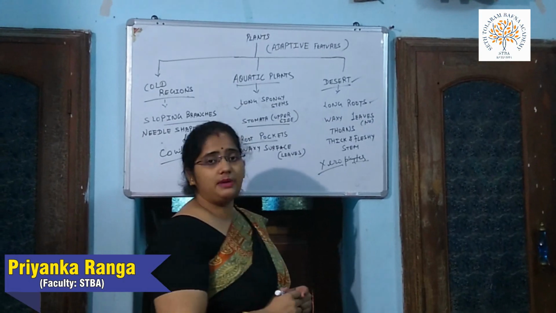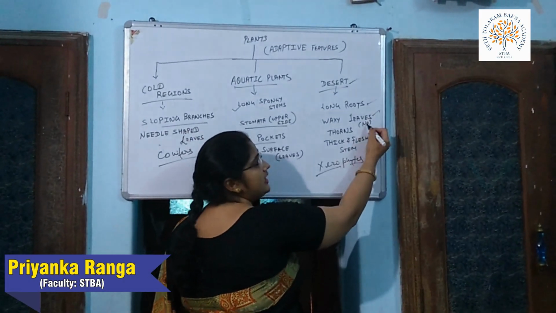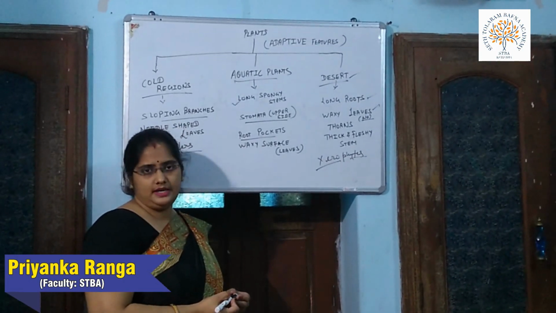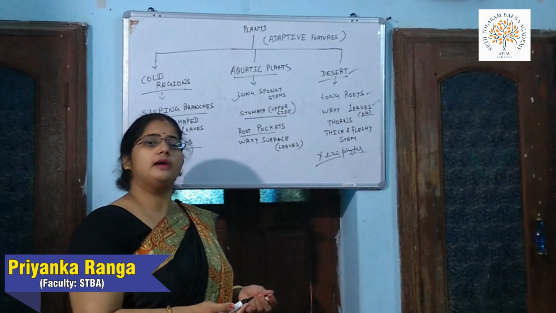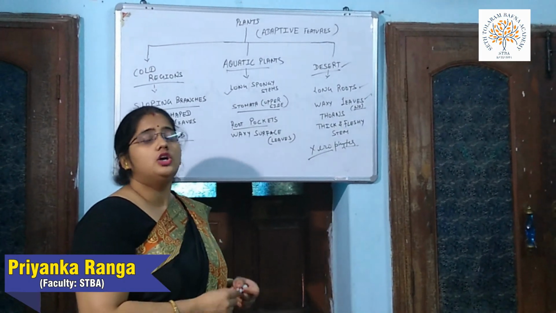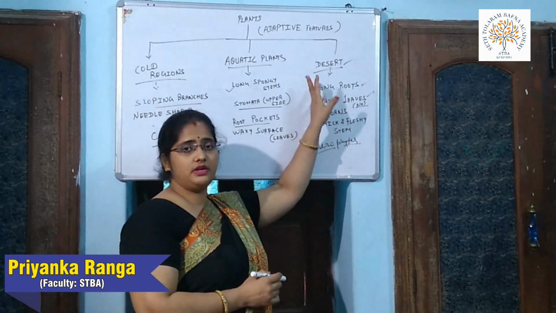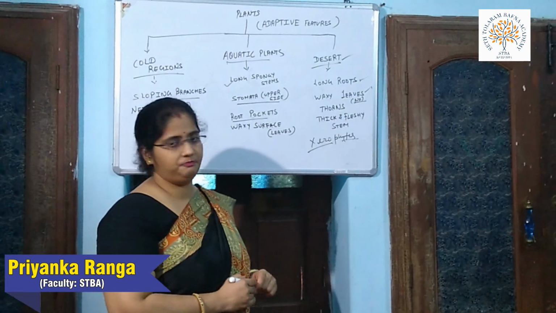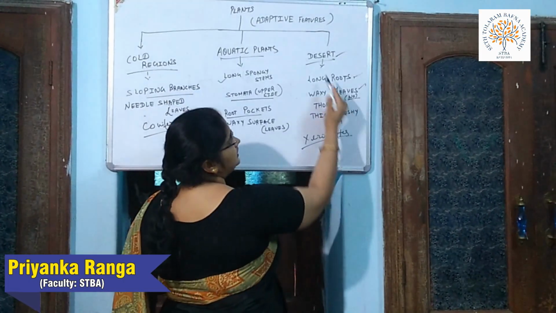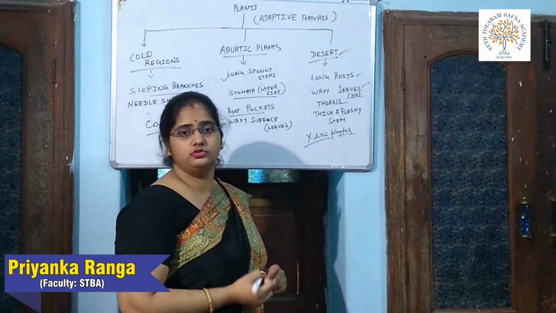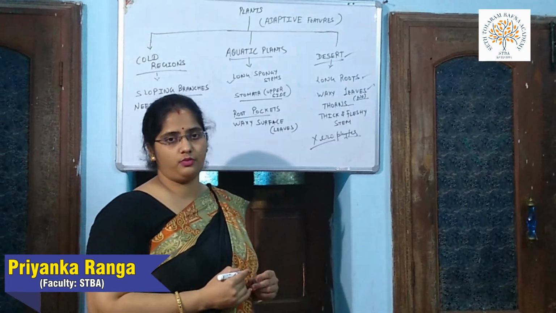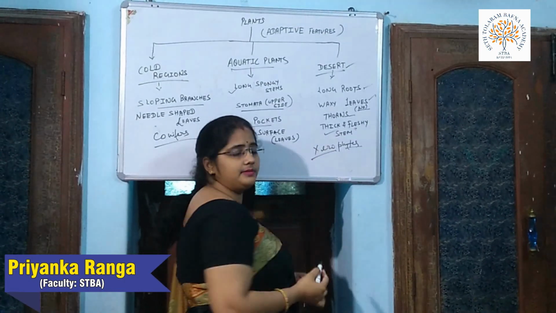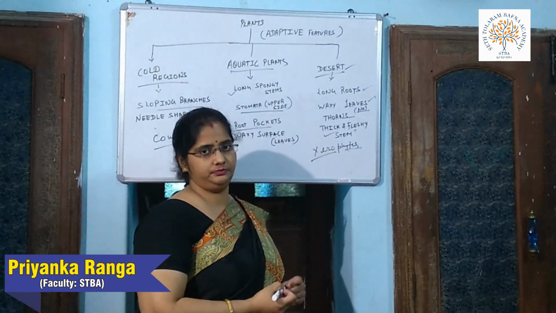Next, the desert plants have waxy leaves or they have no leaves. As you know, if they have no leaves, then who will prepare their food? As we have already studied, food is prepared by the leaves. Leaves are the kitchen of the plants. So when we talk about the desert plants, the food is prepared by the stem of the plant. The next point of difference is the desert plants have thorns on their body so that they can avoid the loss of excess water. They have a thick and fleshy stem. This stem will help them to store more water and food.